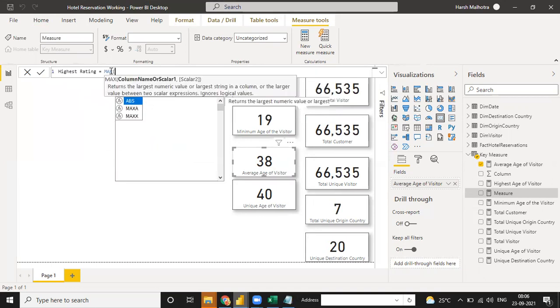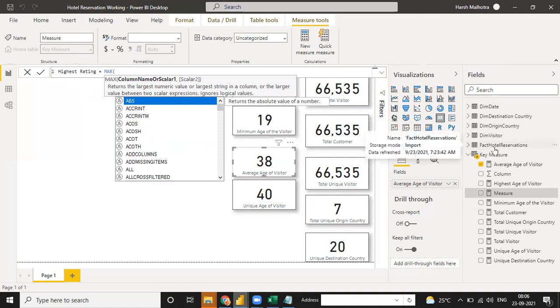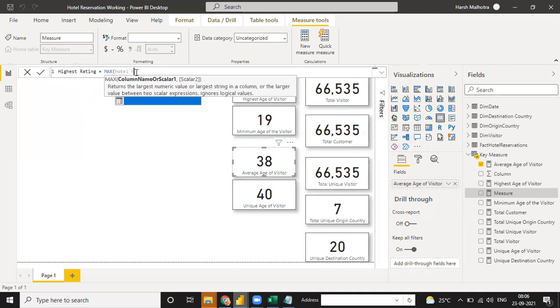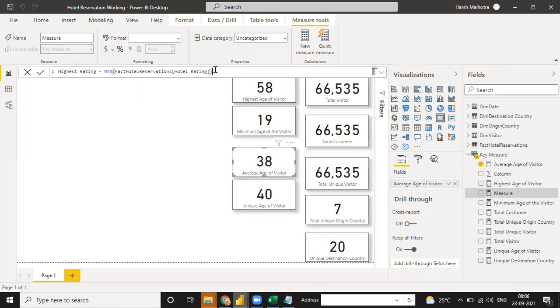And the column name is, see, fact hotel reservation is the table name, and under this table you have the column name hotel rating. Just click and close the bracket. Your highest rating will be done.